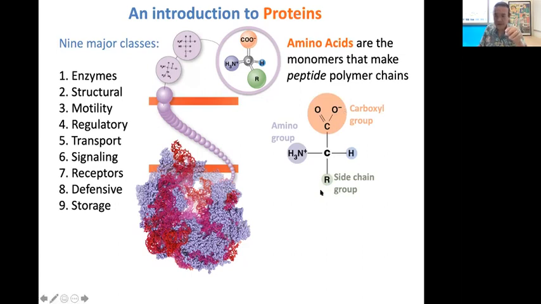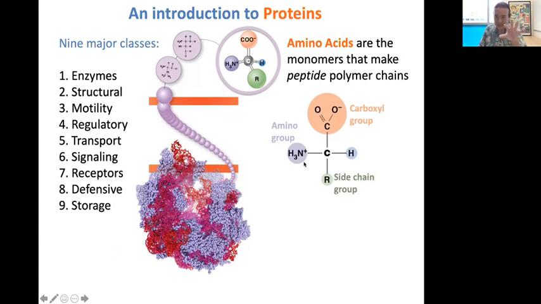The other important functional group here is this R group. So R just stands for, in organic chemistry, some sort of functional group, right? It could be anything. So we'll just call it a side chain group because it's kind of whatever is hanging off the side of this standard